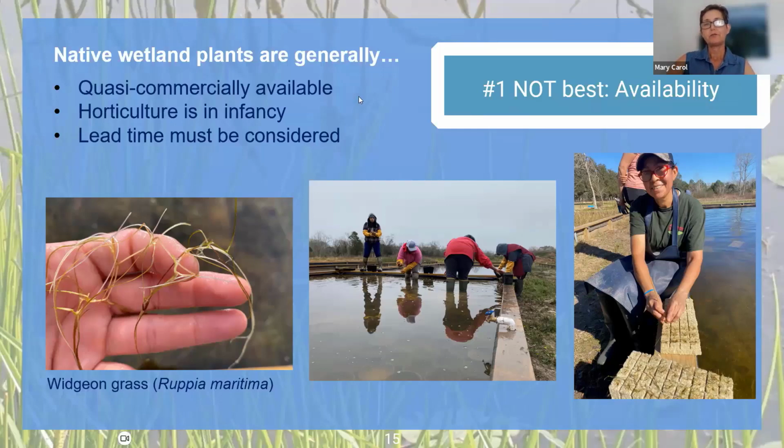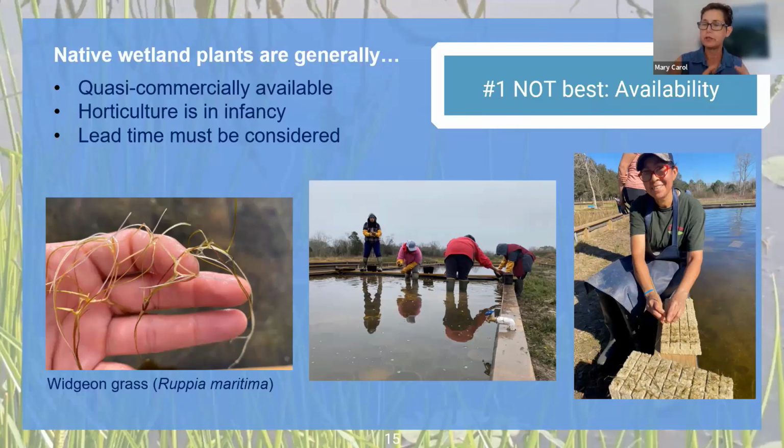And so at this point, it is not possible to do. The pictures that I'm showing here kind of illustrate something that we're working with. We had a project where the rupia was specced in 1 gallon pots. As you can see from what I'm holding, this is wintertime, but it has very, very fine leaves. It has roots coming out everywhere. And to get that thing to grow and stay in a 1 gallon pot is kind of a magic trick. It's really not ideal to plant in a 1 gallon pot.